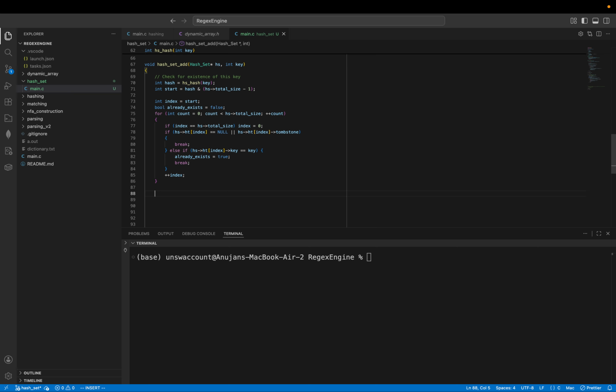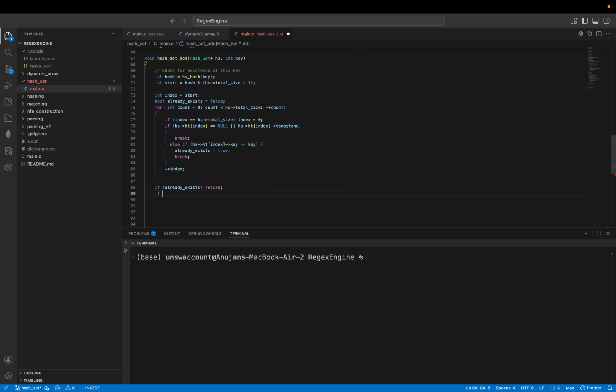Is it fine? Am I doing this correctly? Void. What am I doing? No. So if already exists, then return. The second thing should never happen. If the count equals the total size, which again should never happen, because I'm going to be doing the resizing thing every time we add something. But just in case, if the count, oh wait,